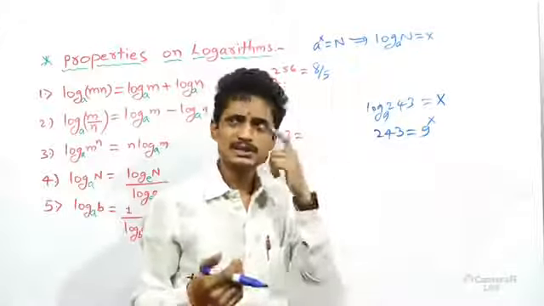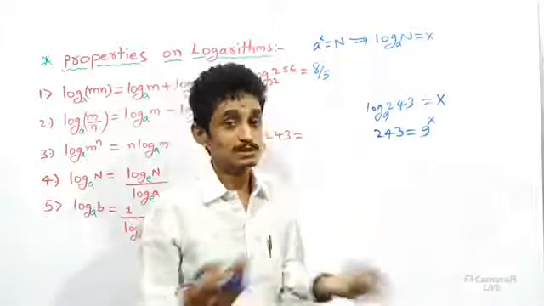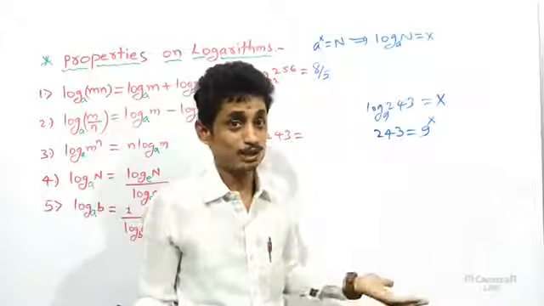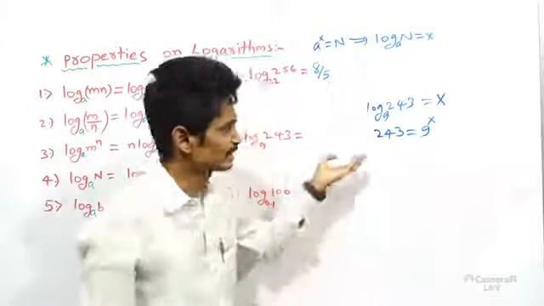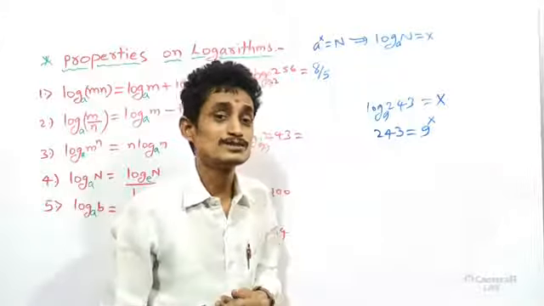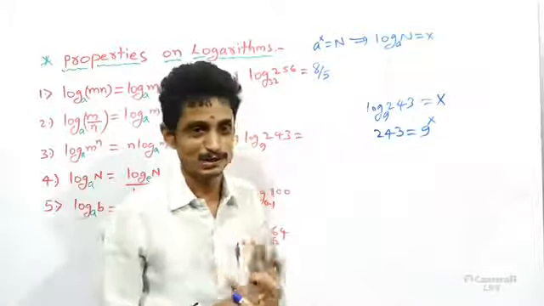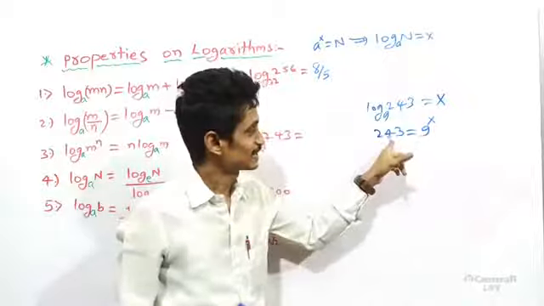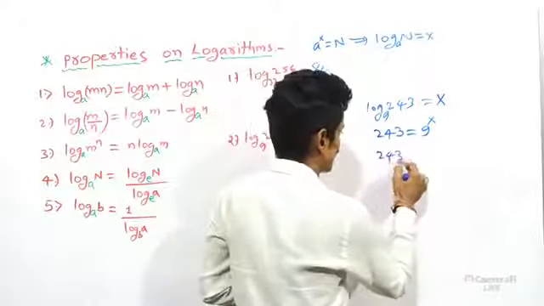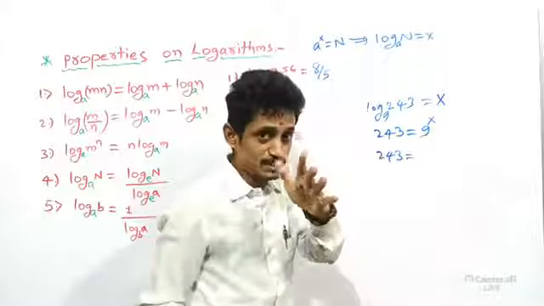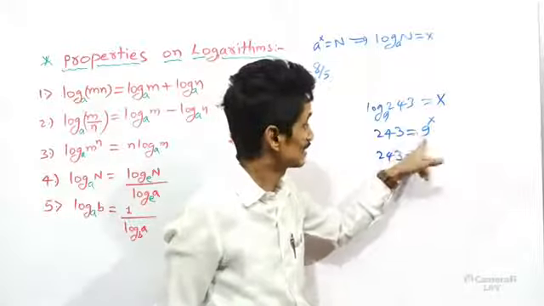Why? For what base can I take 243? How can I express it in power of 9? If it is easily possible, okay. If it is not possible, you will find it difficult. That's why 9 9s are 81. 81 9s are how much? 729. We cannot express it as 243. So neglect expressing it as base 9. I cannot express 243 as a power of 9. That's why I neglected 9.